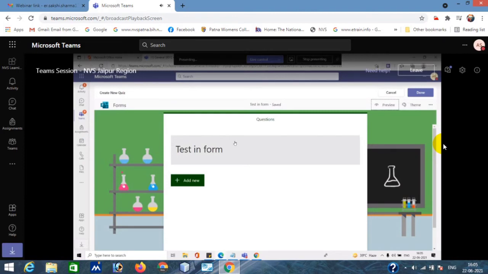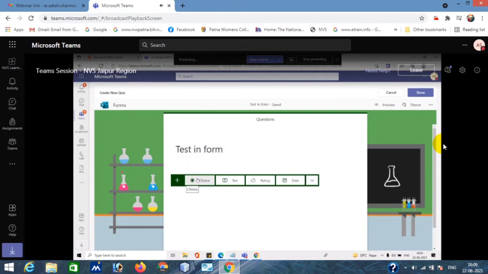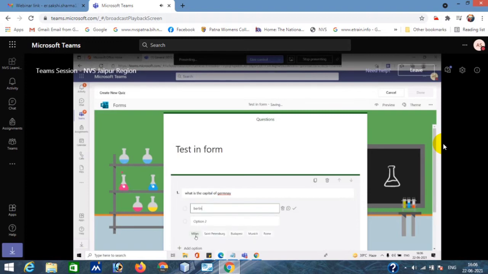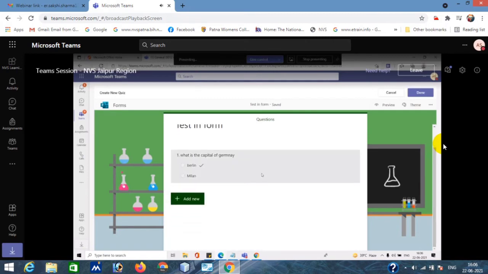So this form is giving you the ability to create your test paper in the form, right? So here, if I click on add new, I can choose different toolbars. So I can choose choice-based. Let's suppose I can write down the question here. Let's suppose, what is the capital of Germany? Let's suppose this is my question. So I can write down the options, called Berlin. And here you can see, through automation, it is already giving me some of the options, right? So this is my correct answer. So it is giving me the options to choose from, right? So accordingly, you can choose and make these options, right?